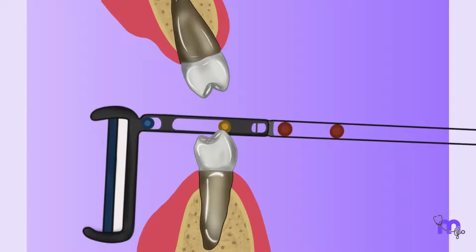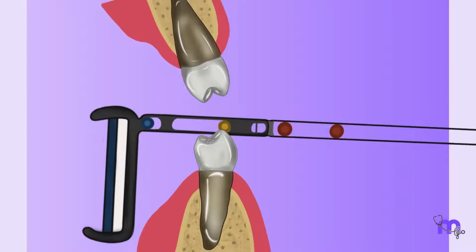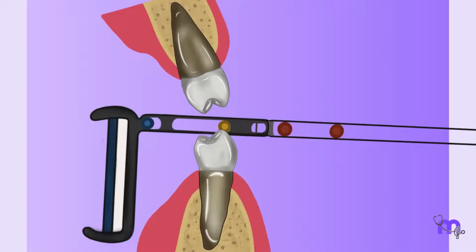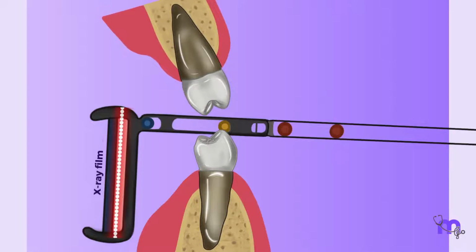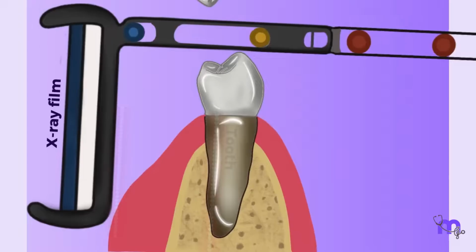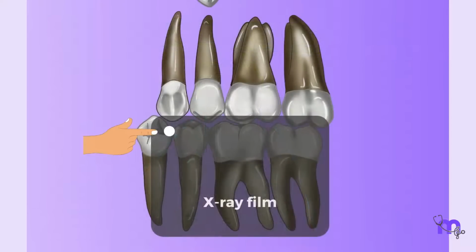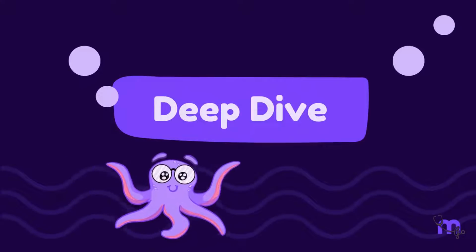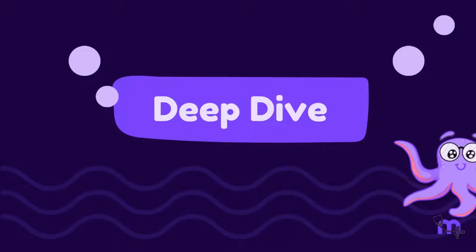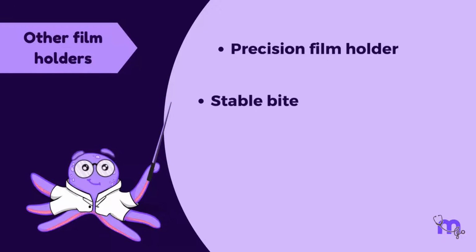The film is placed at the edge of the bite block and the patient bites into it. This holder ensures a parallel placement of the film to the long axis of the tooth. When placing the film packet into the holder, I ensure that the white surface of the packet faces the teeth with the identification dot towards the occlusal end of the film. Other holders that can be used include precision film holders, stable bite block, easy grip film holder, and hemostat with